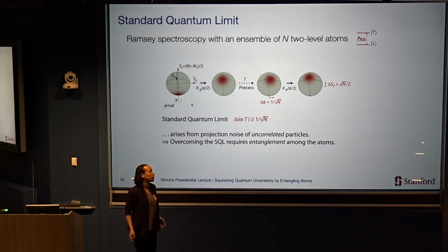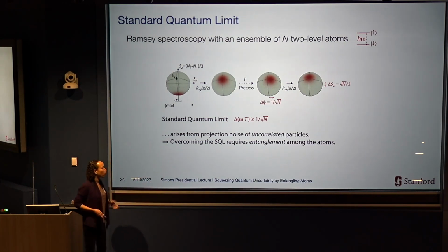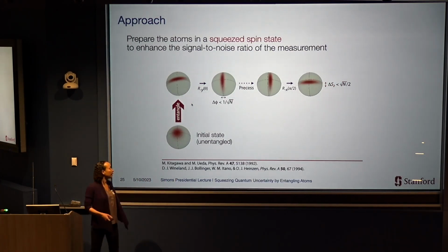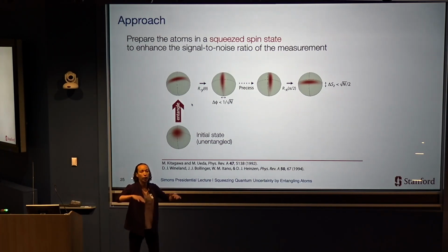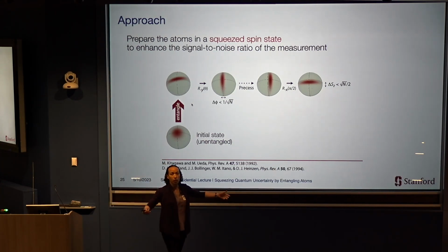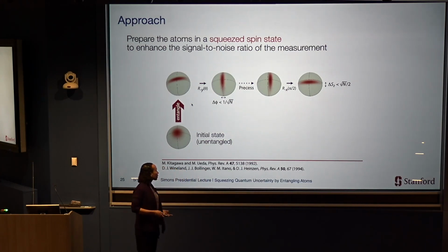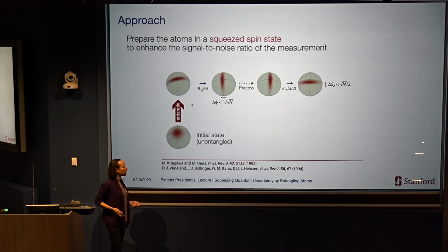But quantum mechanics tells us we can have entanglement. We can have these weird correlations between one coin landing heads and the other coin landing tails. And so if we can entangle the atoms, maybe we can do better. There's a particular class of entangled state called a squeezed state, where one has some correlations between the spins that conspire to reduce the fluctuations in this final measurement, so that if one coin lands heads, another one is more likely to land tails. So what I need is to generate some correlations between the atoms of a very particular form.